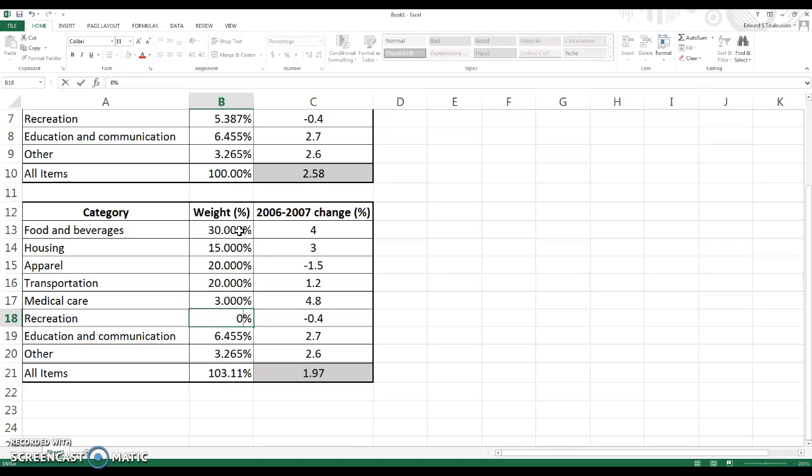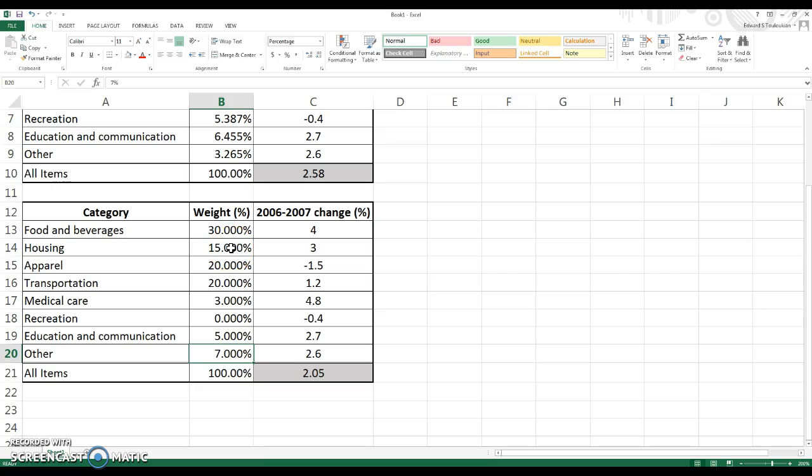Recreation, I have no fun, no money. Education, I don't really spend money on school. Communication, though, could be like a phone. Just put 5% there. And we got to make it equal 100, so 7% other.